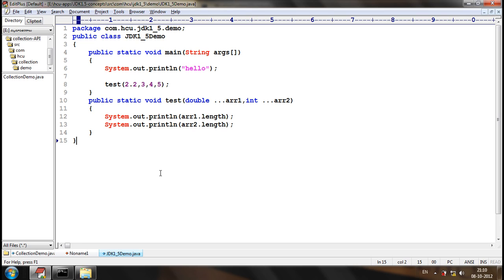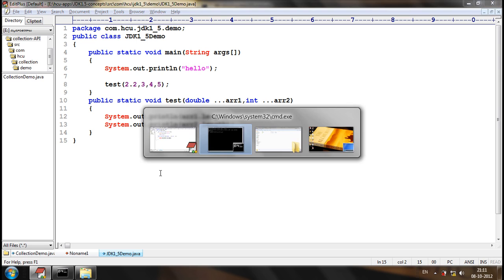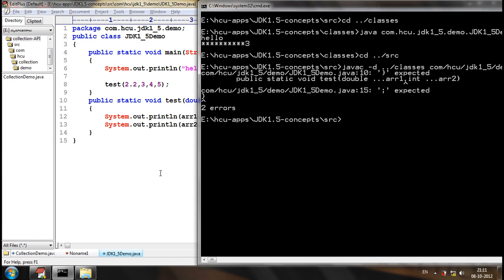For varargs of any type, whatever the type might be, at maximum only one vararg should be there in a method or a constructor, irrespective of the data type. This will definitely give a compile time error.